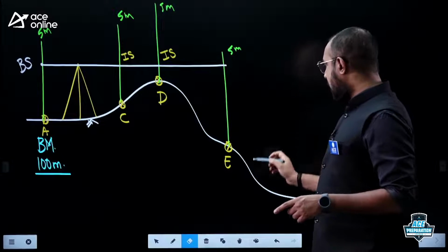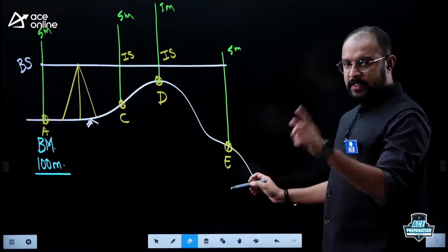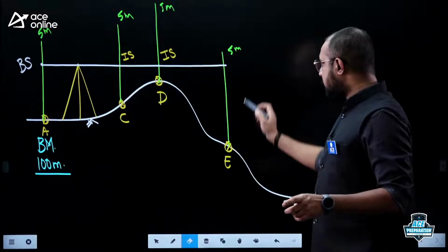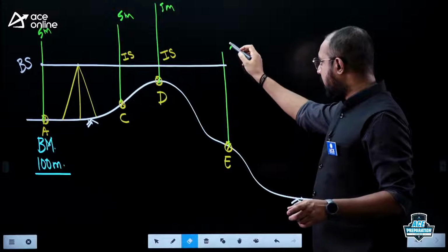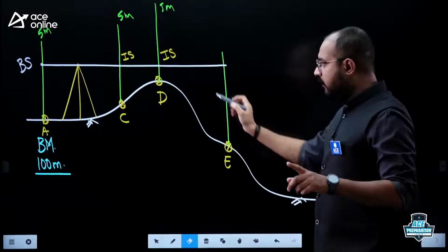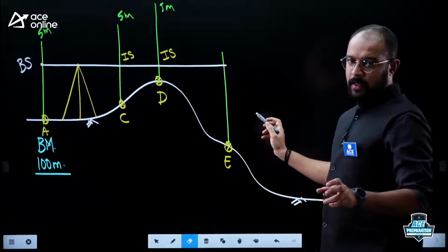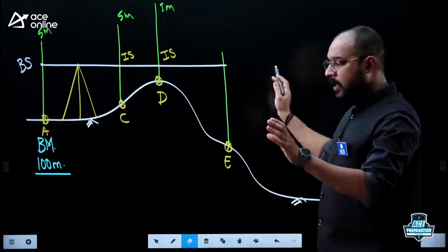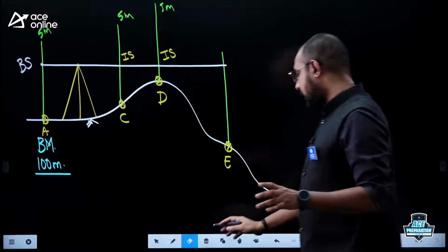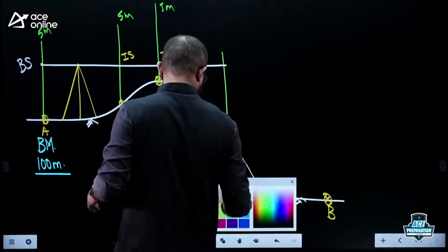So what we do, as per the field condition, is shift the instrument after taking this reading. You see here, it is a staff reading, right? Whatever reading that I'm having here is a staff reading taken upon a point, and after this staff reading, I have to shift my instrument. The field condition asks me to shift the instrument. So after this, I am moving my instrument. That is the last reading taken just before shifting the instrument.